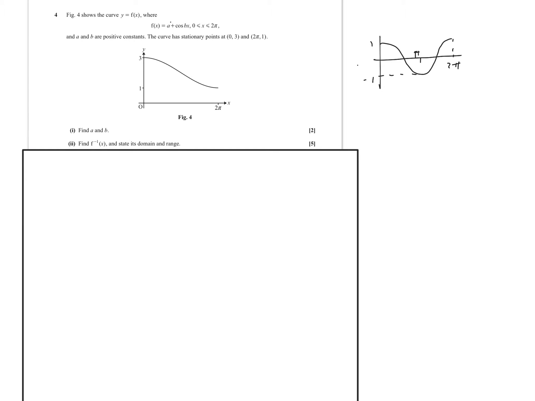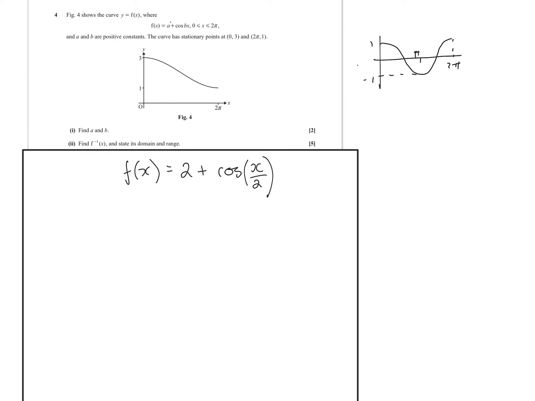It's been stretched in the x direction, factor 2. And are you happy that inside that does the opposite thing? Yep, so it becomes a half inside. So we get f of x equals 2 plus cos